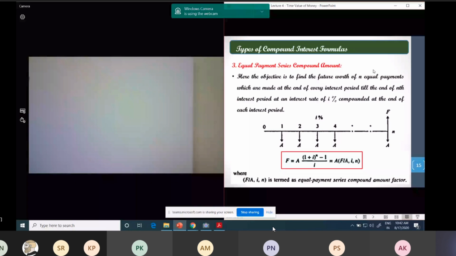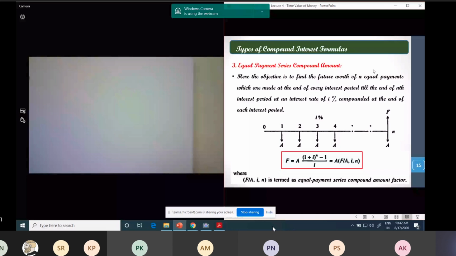Okay. So say for example, this particular formula can be used where you have equal deposits for some time period, and you want to know the value of these deposits at the end of that time period. In the insurance premium case, we will be paying some amount as an insurance premium, and that amount is the same for every year. Suppose I will be paying 17,000 yearly at the end of every year for 10 years, and I want to know how much amount I will get from that insurance policy after 10 years.